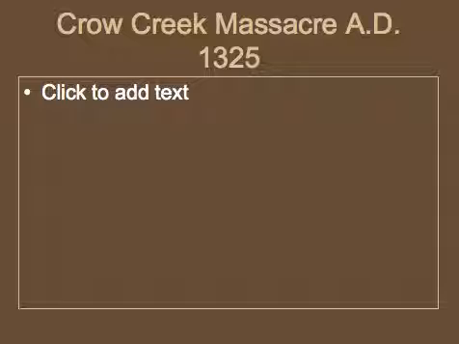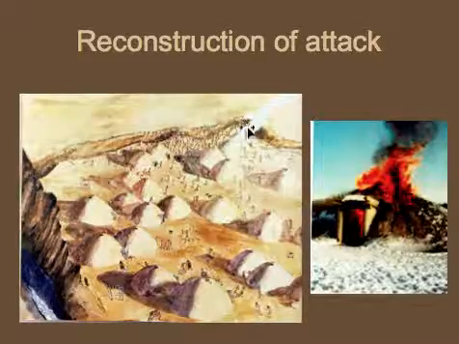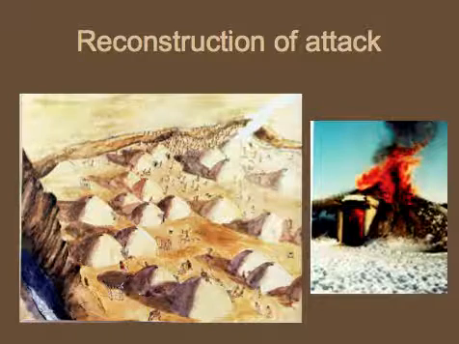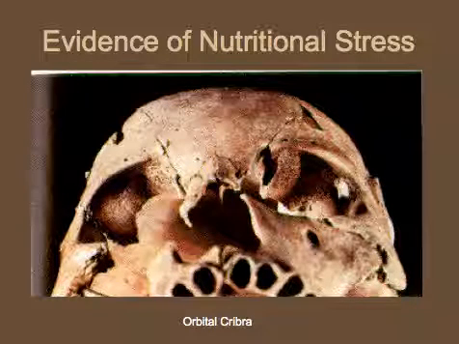So they saw that just looking at the climate data, it looks like there was a drought around the time that this massacre occurred. They were able to see that the ditch was not complete, and so they weren't completely defended because they never completed that ditch. The village was burned at the time of the massacre. So why did this attack occur? Well, they looked at some of the skeletons and they saw that there was lots of evidence